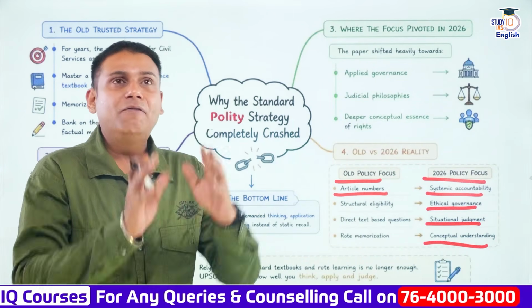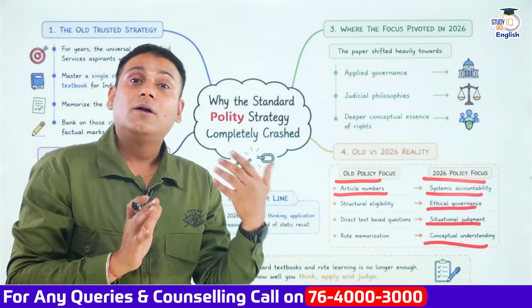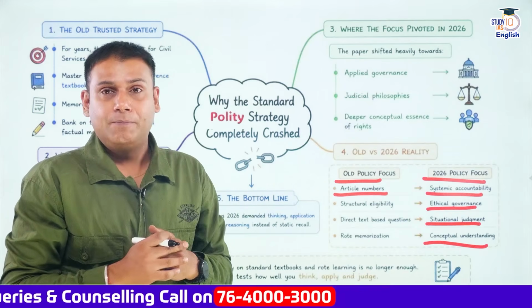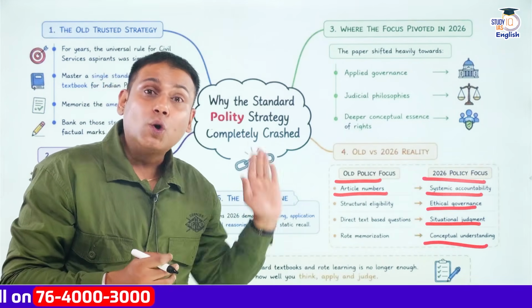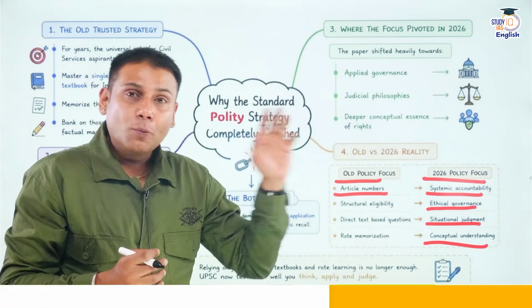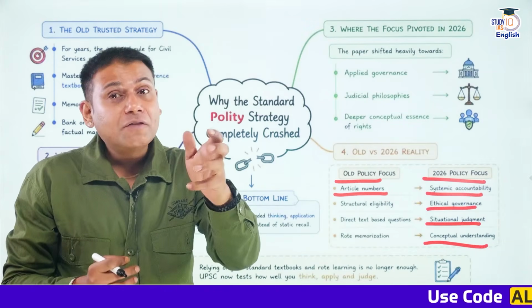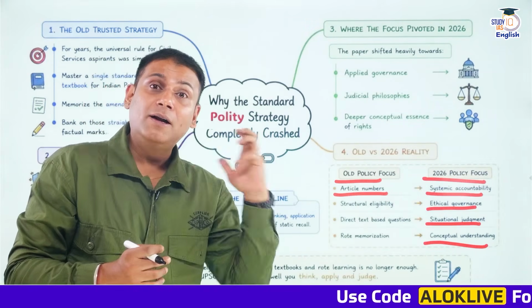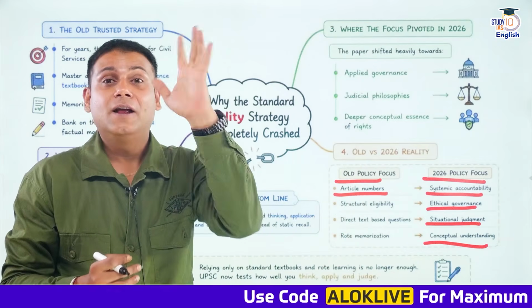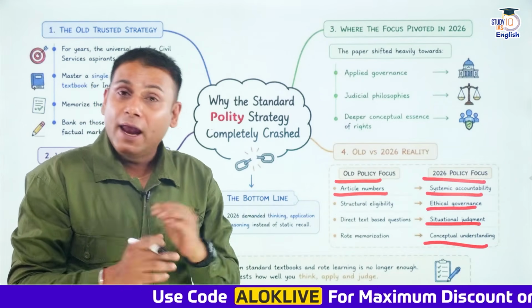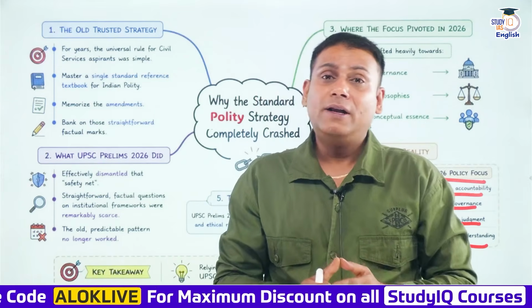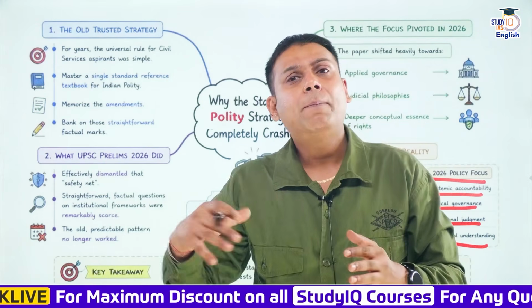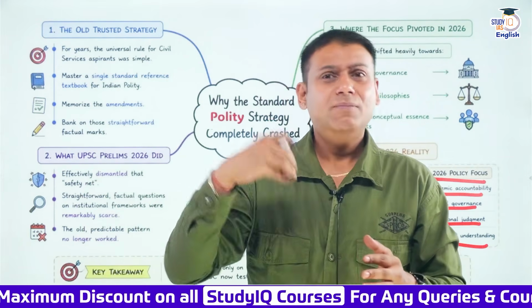For example, if you have studied the article related to directive principles of state policy, or fundamental rights, now they are going to correlate it. Precisely here, the philosophy derived from fundamental rights has been tested for the aspirants. Initially, what used to happen? Students used to read a standard text for Indian polity, that is M. Lakshmikant, supplemented by P.M. Bakshi or sometimes D.D. Basu.